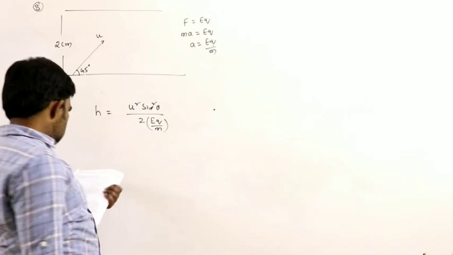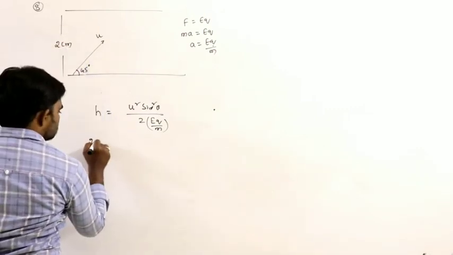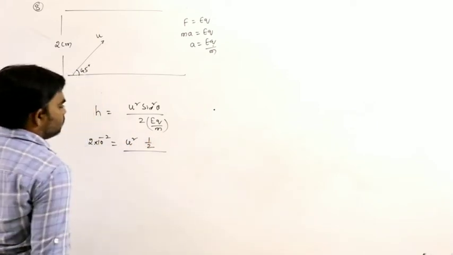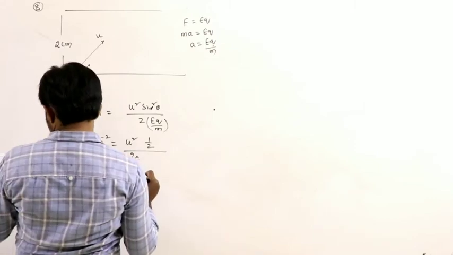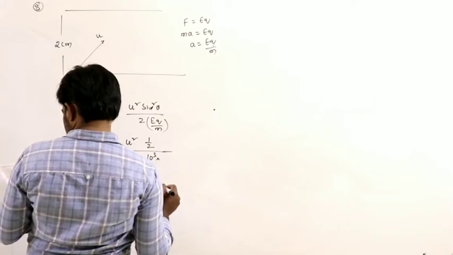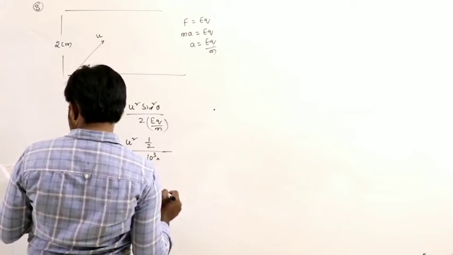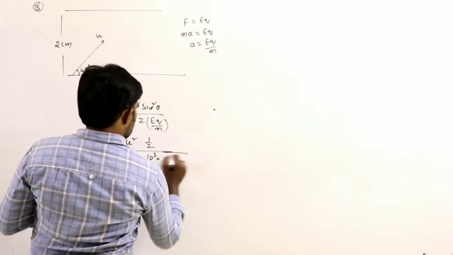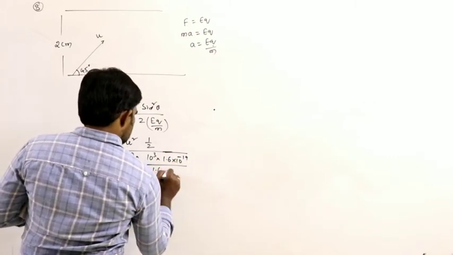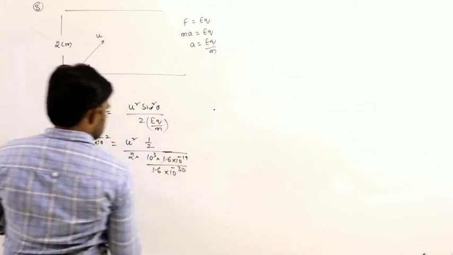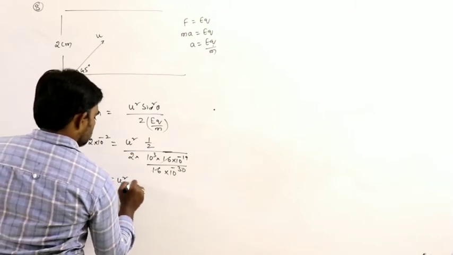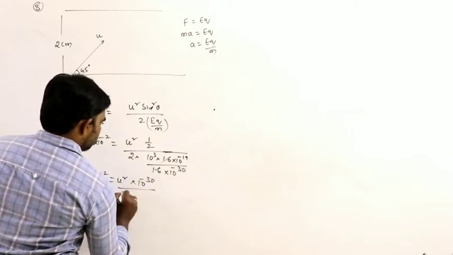What is the maximum possible height? 2 centimeters, 2 into 10 to the power of minus 2 is equal to u square sin square 45, that is 1 by 2, divided by 2 into E, which is given as 10 power 3, times q. The particle has charge equal to an electron, 1.6 into 10 to the power of minus 19, divided by mass 1.6 into 10 to the power of minus 30, which cancels. So 2 into 10 to the power of minus 2 is equal to u square into 10 to the power of minus 30 divided by 4 into 10 to the power of minus